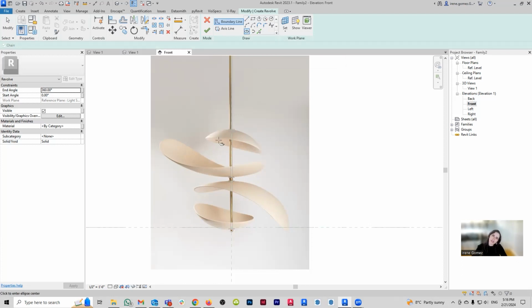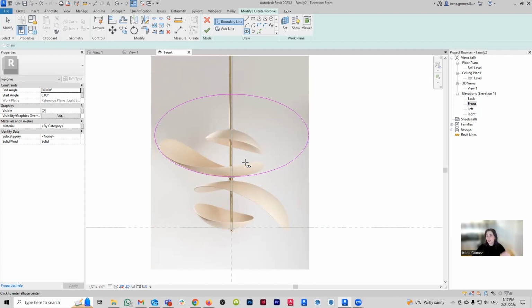Now, this ellipse is not perfectly centered, although I'm not sure. So again, don't be afraid of changing this shape. So let's say we're going to come here, and then we're going to do something like that. Yeah, you know what? That seems to work okay. So that's going to be my general shape.